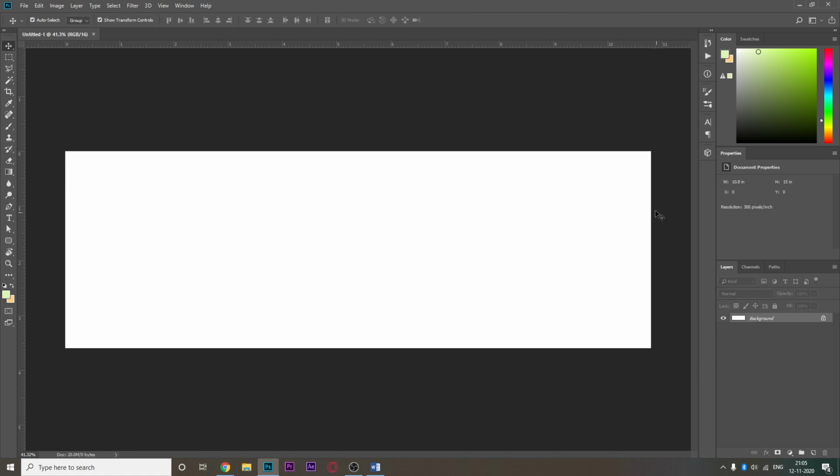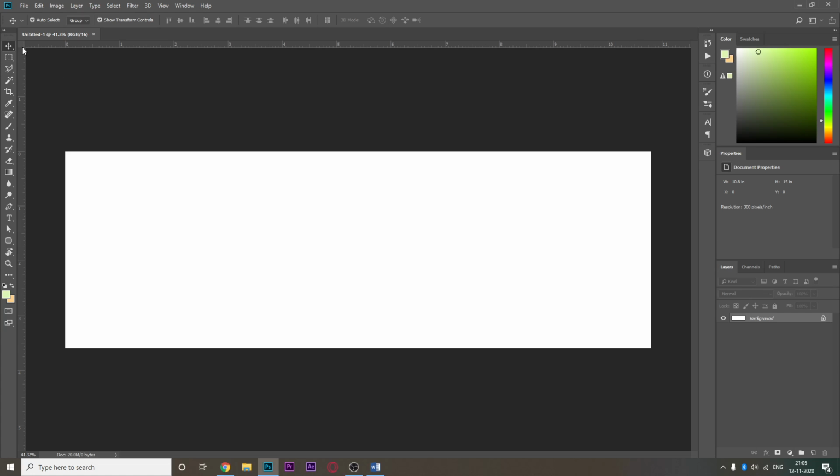Now, this is Photoshop. Very beautiful, amazing software. One of the easiest softwares to learn, quite frankly. If you see After Effects, Premiere Pro, they are a bit complicated, in the sense that they are challenging. This is the layers section, this is the property section, and this is the color section. Not important at all. This is the most important part. This is where the real magic will happen.